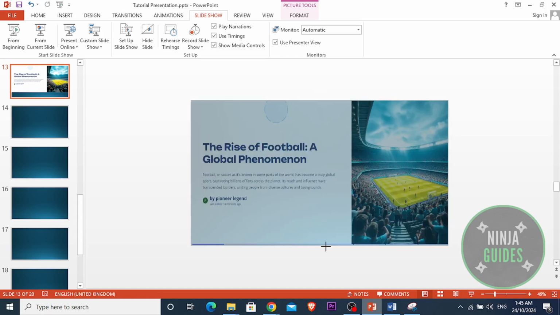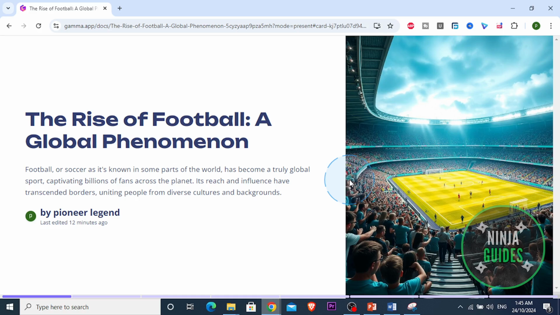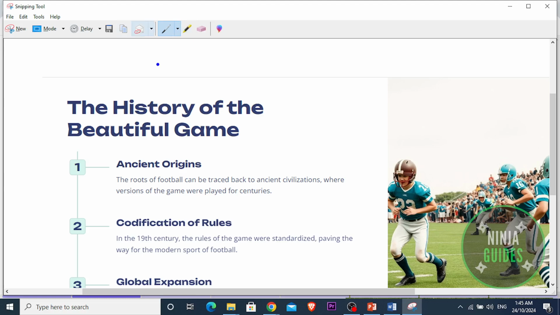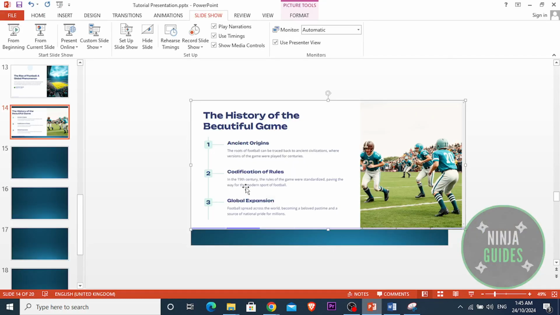So I just move on to the next slide here, and I repeat that same process, guys. Check this out. I do that to the next one. Here, next slide. We move on to the next slide. Take a screenshot of this one as well. And boom, guys, literally that easy and simple. I just keep repeating this process for the whole presentation, and we are going to have